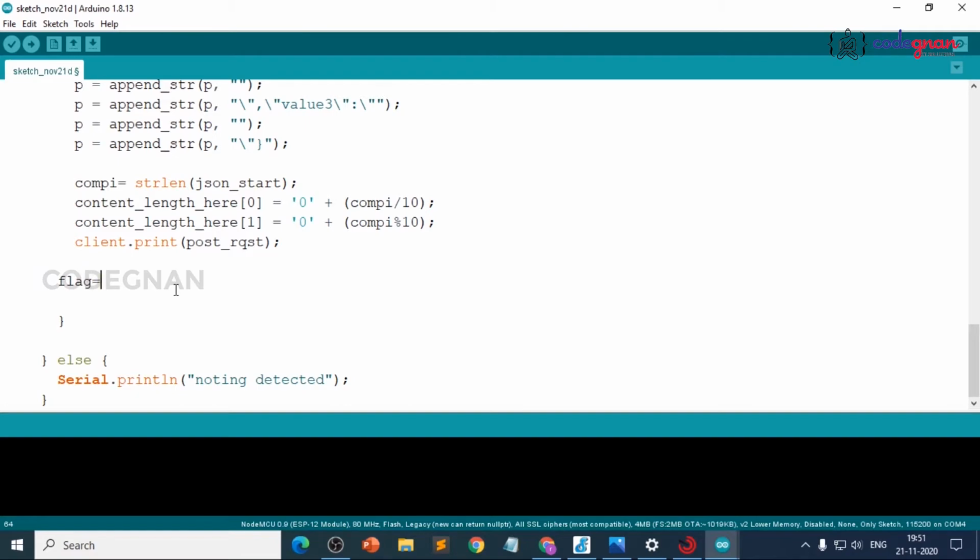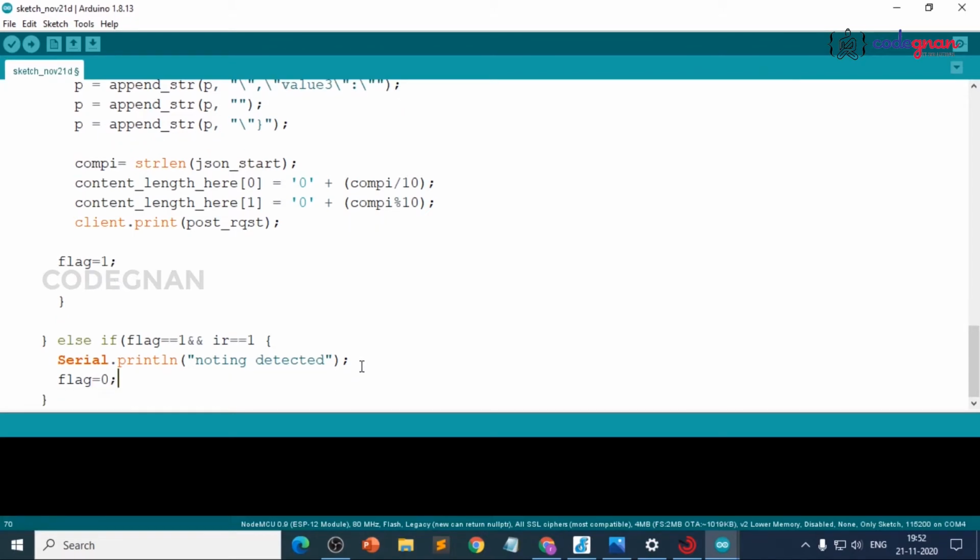Flag equals to 1, and then we need to write else if flag equals to 1 and IR equals to 0, then only nothing will come here. And next change the flag value to 0 and close it here.